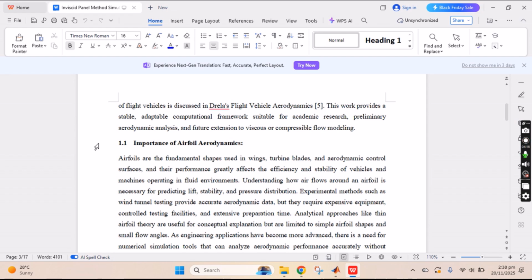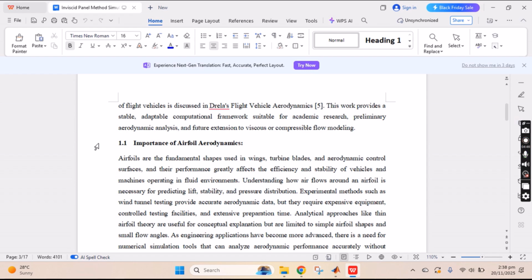We need to get efficiency and stability of vehicles and machines operating in the fluid environment. So that's why airfoil aerodynamics is one of the most important topics. And we need to check the flow rate, and the necessary prediction of lift, stability, and pressure distribution according to the stability of the blades of